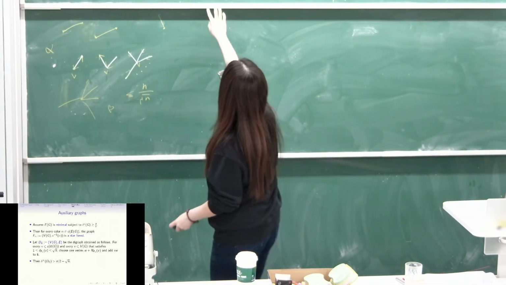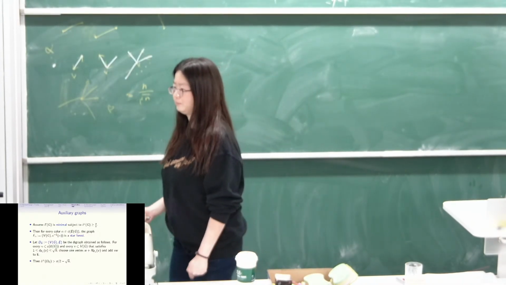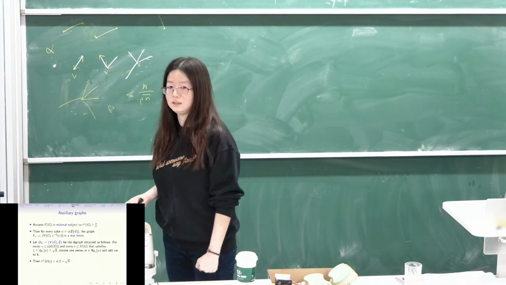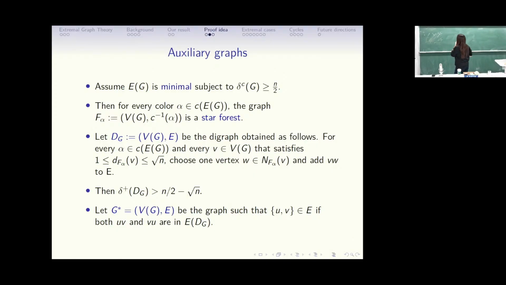So the idea is that we save some candidate for C of V for some vertices. Any other comments? Okay. And also I mentioned that if I have a double edge, it means that I don't have many conflicts. It's probably good to use. So I'm going to store those double edges separately. I use G star from now on to store all the double edges. And also I have all the other edges which form an oriented graph. Let's call it D or D star.